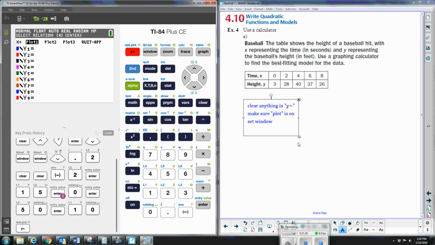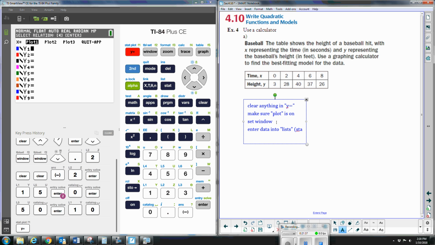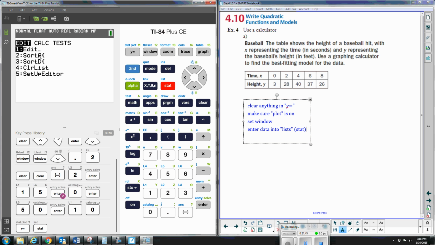All right, and then we're going to enter our data into lists. Enter data into our lists, which we find in the stat section. All right, so let's go to our calculator. Let's go to stat. Right now, I think I have stuff in my list, so I'm going to clear list